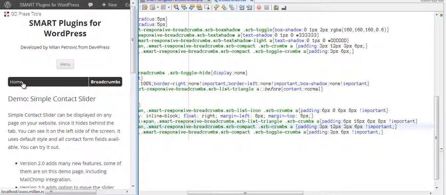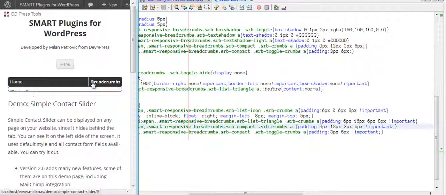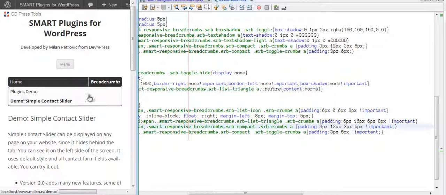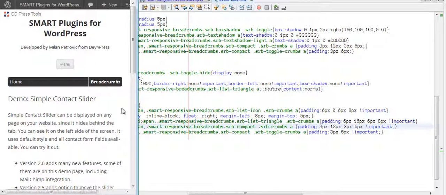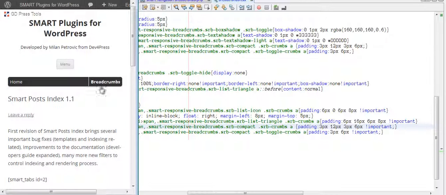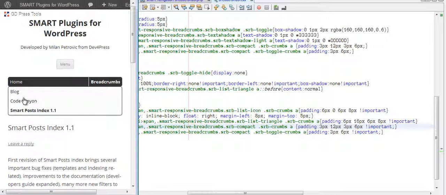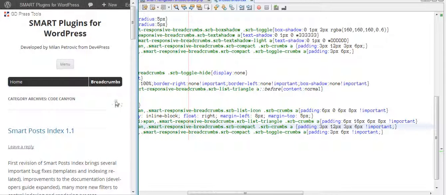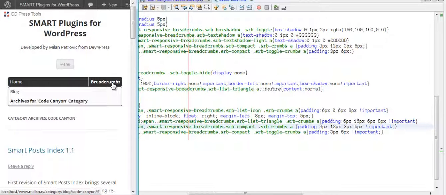So you will get the home element first, and all other elements will be available when you click the breadcrumbs button. So it will work very well on small displays, in displays that don't support hover but are touch based, like mobile devices.